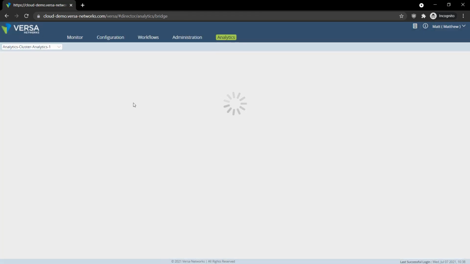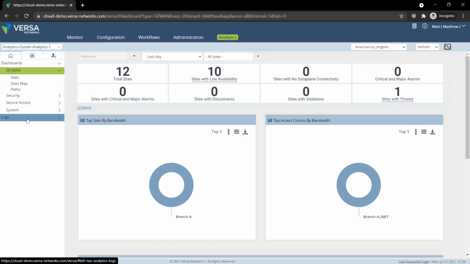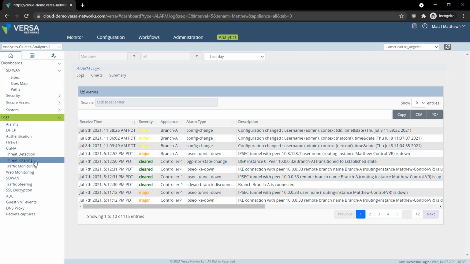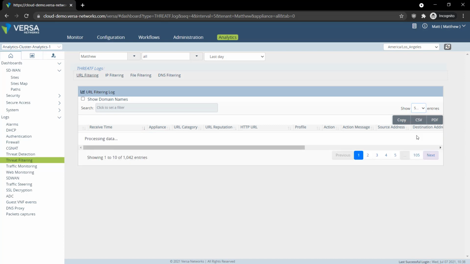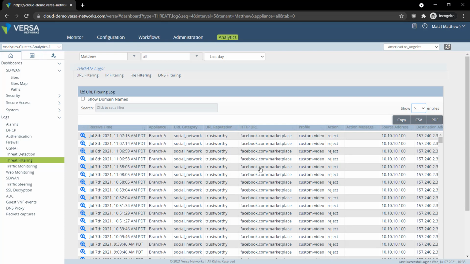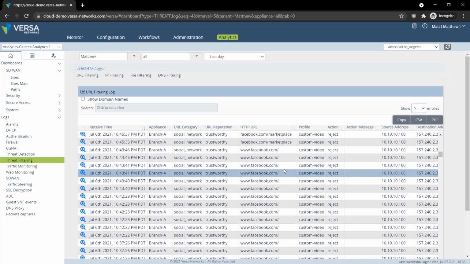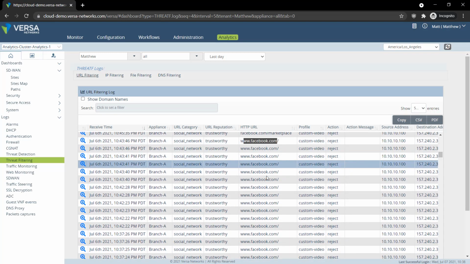I'm going to go into the analytics here. Here we will open logs. In the logs, we're going to go to Threat Filtering, and in URL Filtering, we have information. So here, for example, was a request to facebook.com/marketplace, and it was rejected. Before that, we could see some others, so there are multiple pages, and probably I had multiple requests. If we show 500 records, it's going to show that there were requests to just regular Facebook,